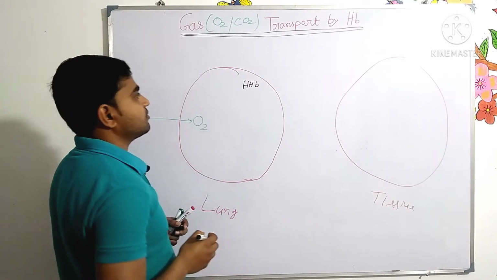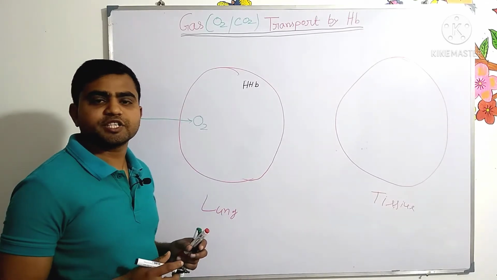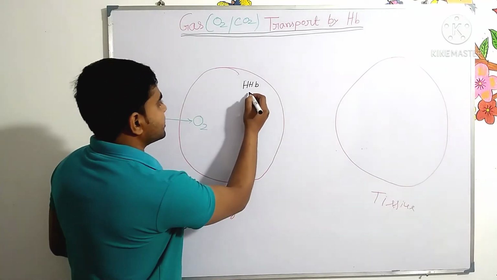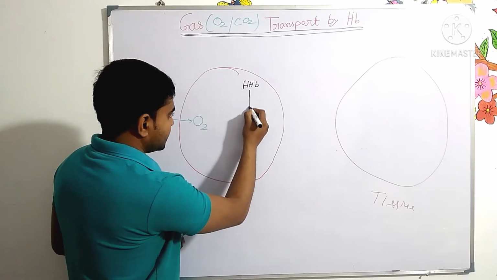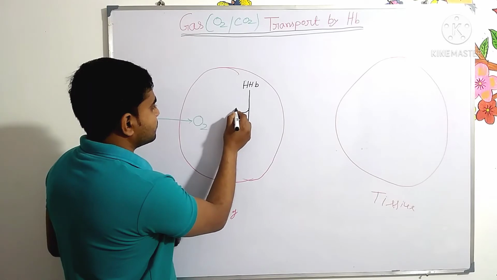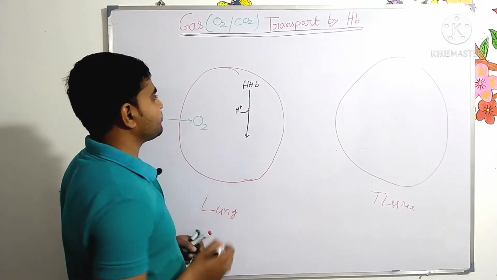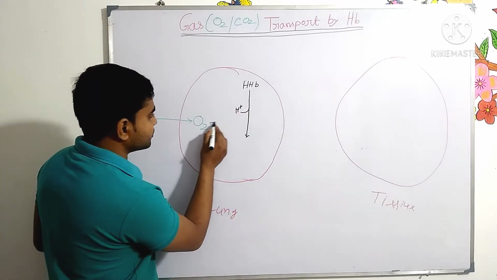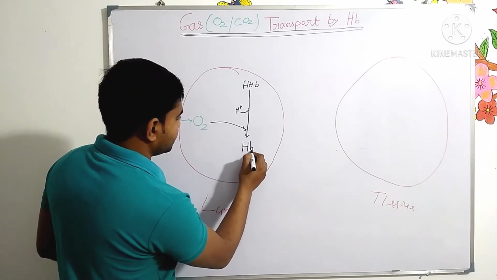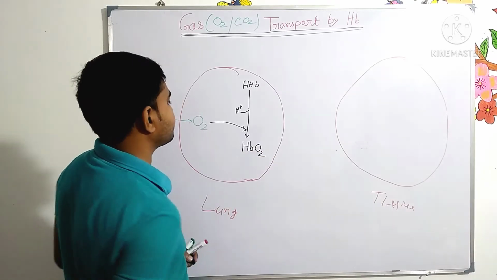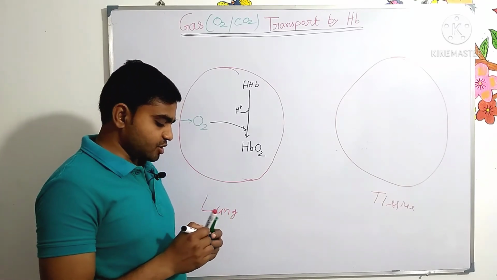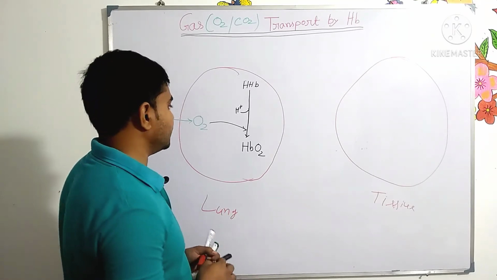Hb, or unoxygenated hemoglobin, or hydrogenated hemoglobin. This hydrogenated hemoglobin then releases one hydrogen molecule and binds with this oxygen to form HbO2, and this HbO2 is called oxygenated hemoglobin or oxyhemoglobin.